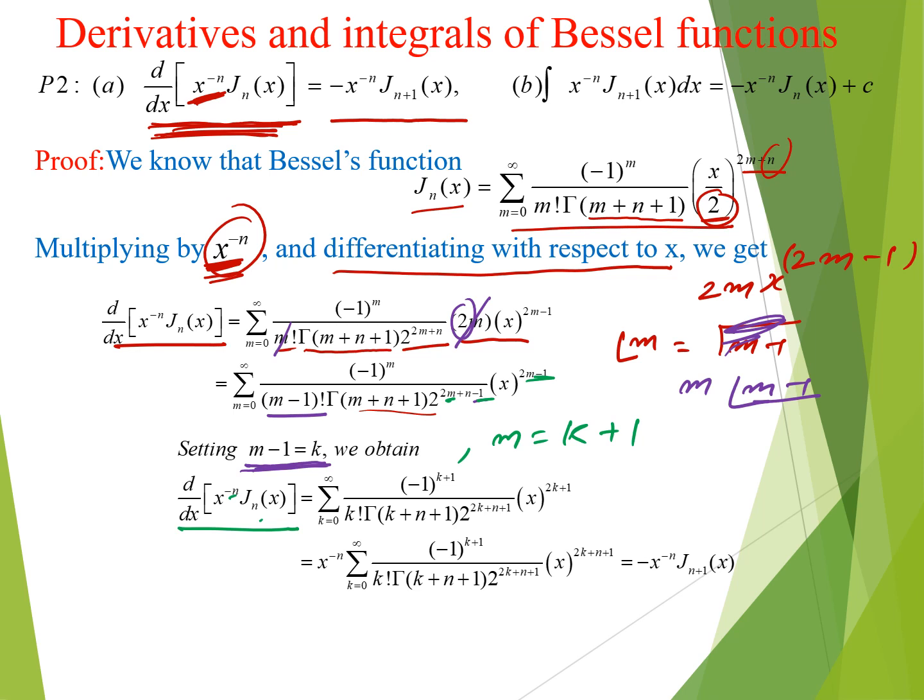When we shift this gamma, when we open this, factorial of m is equal to m times factorial of m minus 1. When we write this, m should start from 1, not from 0, because if we start this value from 0, then factorial of minus 1 does not exist. So this summation will start from 1 onwards.